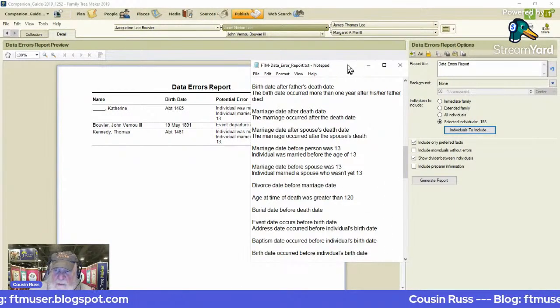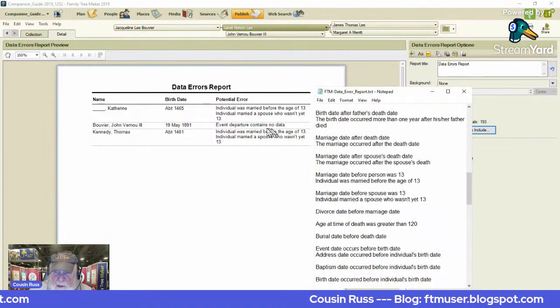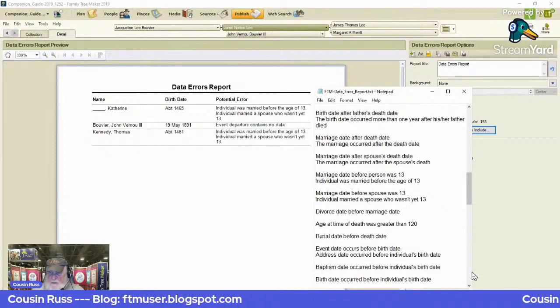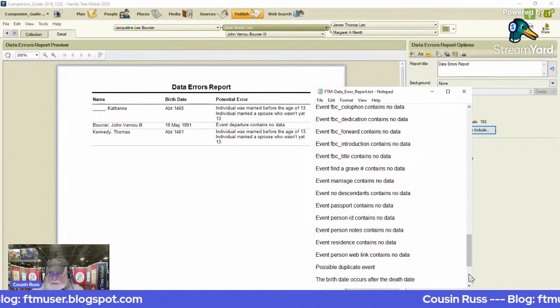So this first one, and I think the third one, says the individual was married before the age of 13. So I'm going to go down here